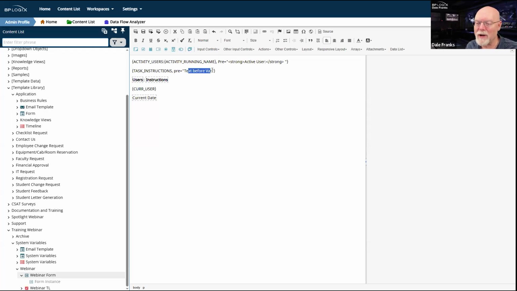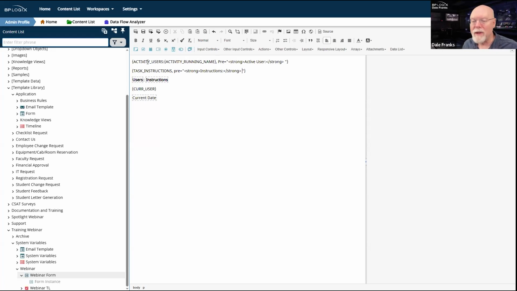So here we'll just go instructions. Well, actually, let's format it. Let's go the whole 9 yards. We have some time. Strong instructions colon and strong space there.